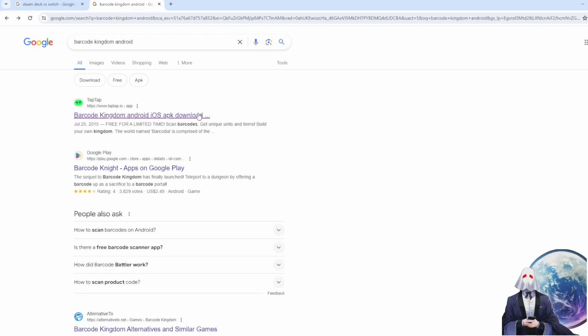Oh, well, I don't think it was... I don't know how much data mining it could have been doing. It was long enough ago. Yeah, it doesn't look like they ever made it onto the Android store. There's lots of barcode scanning games, and there's lots of battling games, but never the twain shall meet. There's a barcode to Excel app, though, if you ever need to scan your barcodes into an Excel spreadsheet, I guess.